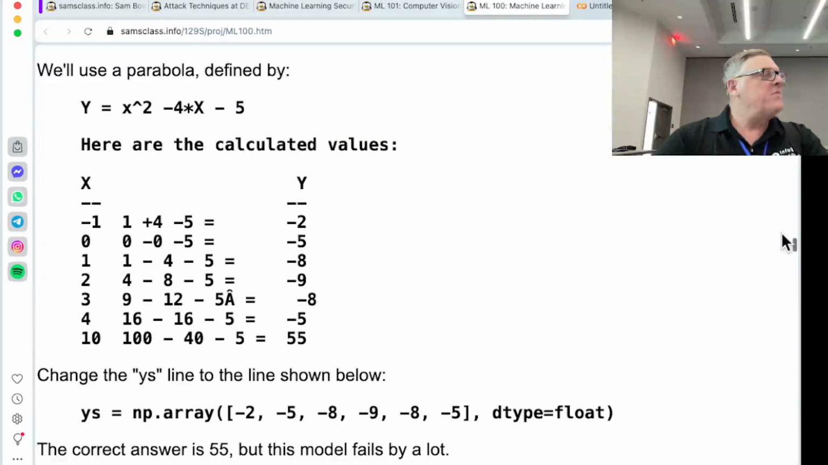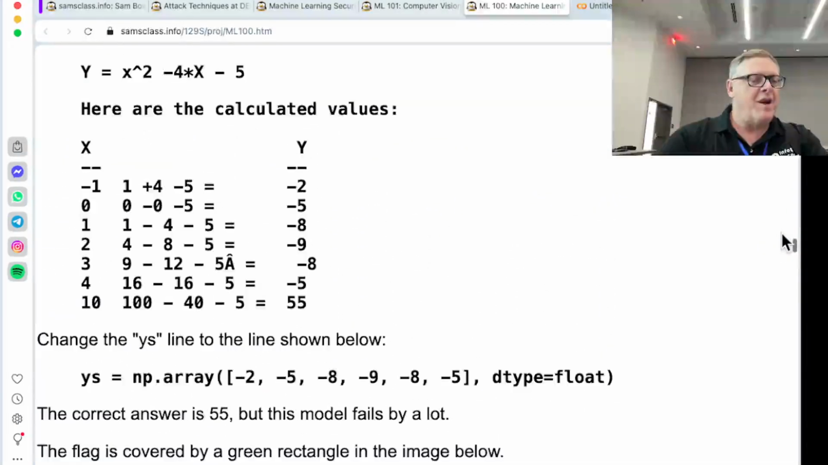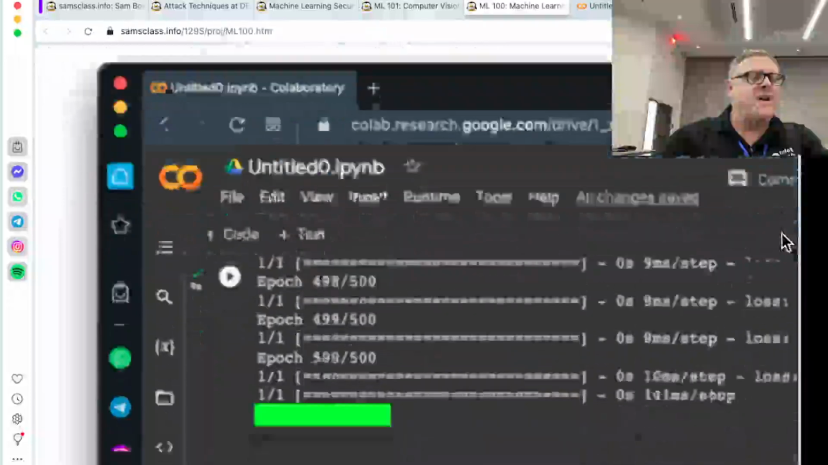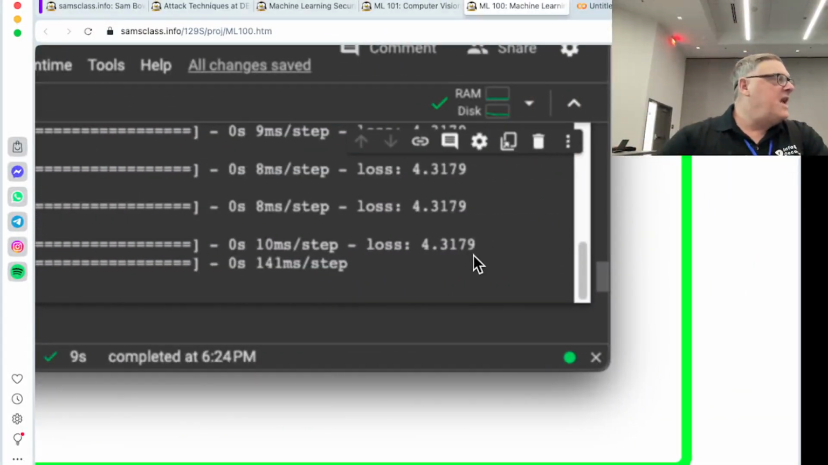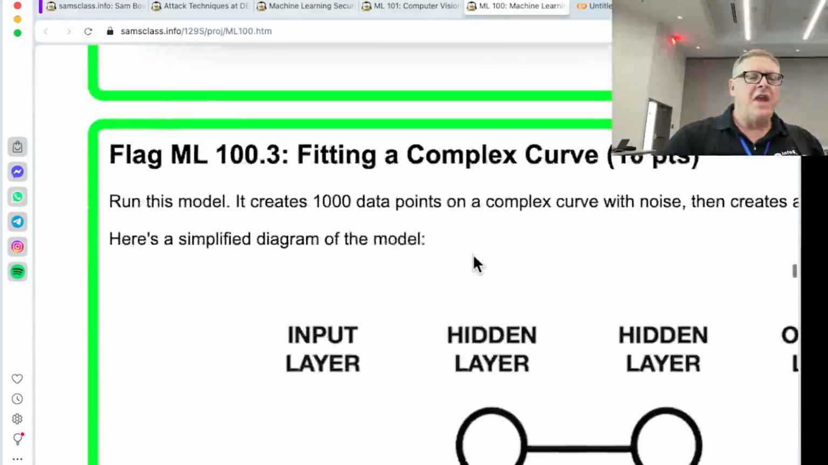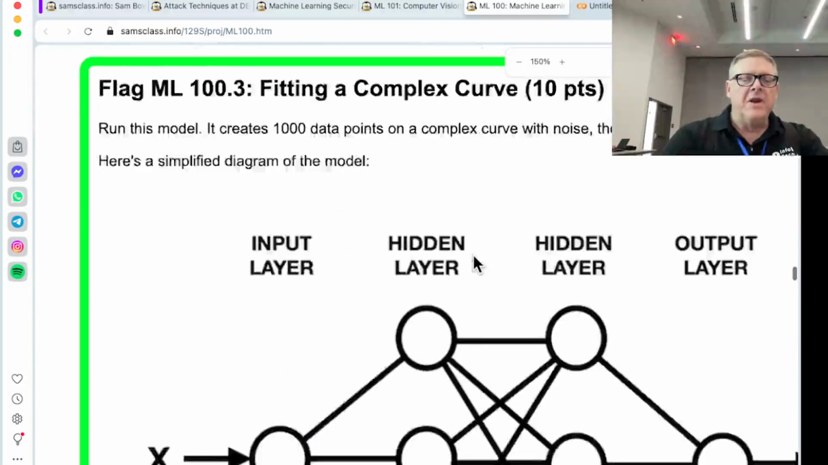And then you can try fitting something that is not a straight line. This is a parabola, and therefore it will try to fit a straight line through it anyway, but it will have a high loss even at the end. It can't do a good job fitting it. And so then you can fit a more complex curve. So here,